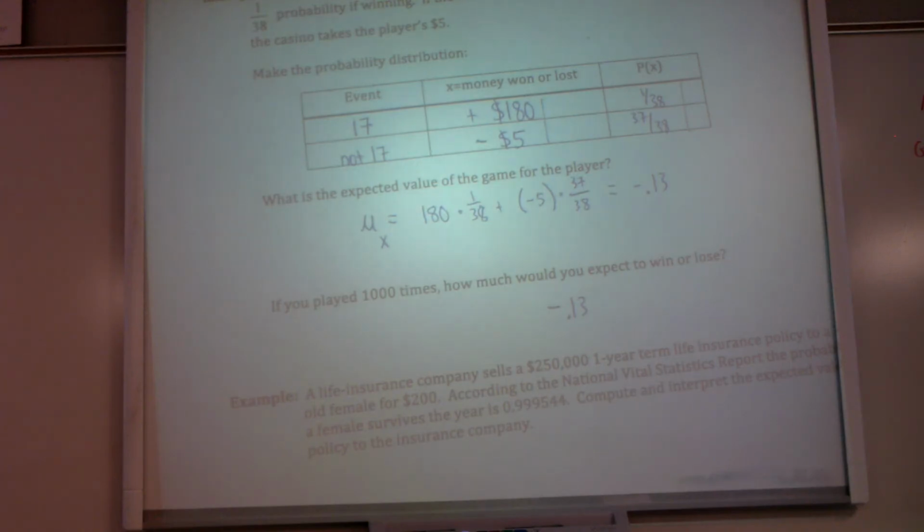However, it's negative, which means what? Means the house always wins. That's the saying that they say in Las Vegas, is that the house always wins. So they're always taking in more money than you're winning, but you're winning enough that you want to keep on playing. So that expected value is going to be how much you're making over that long